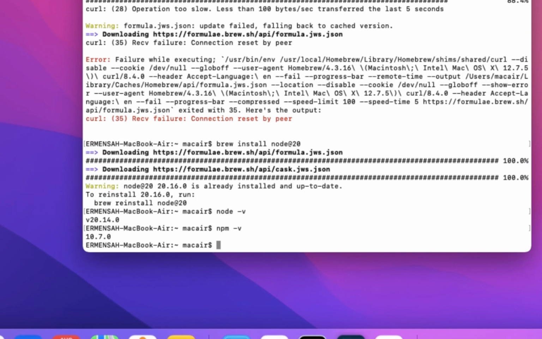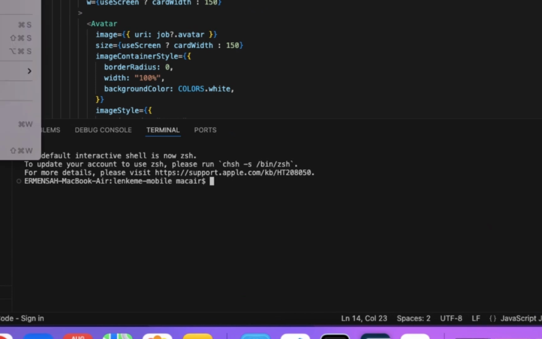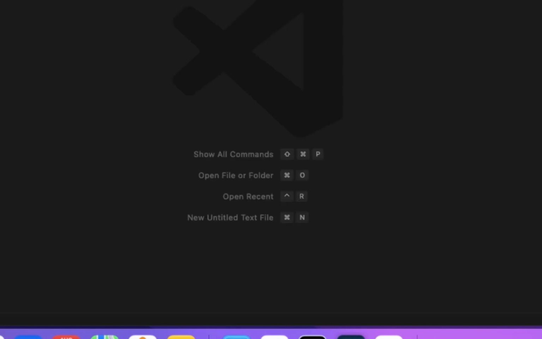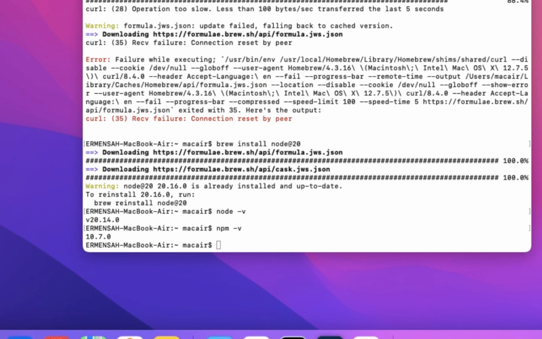The most important thing is Node should be running on your PC. Visual Studio Code should be running on your PC, as I have here. You should have a new window for Visual Studio Code. It should be running on your PC. And once these two are installed, then we can go to running the